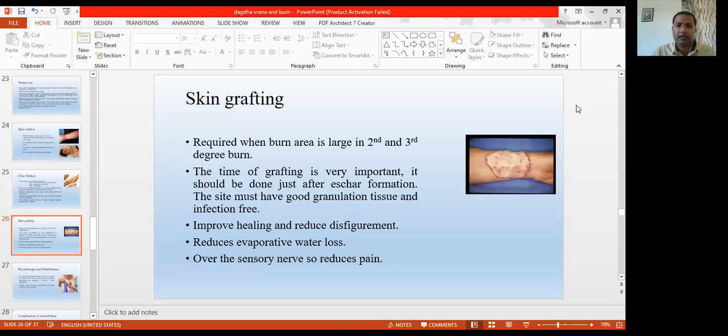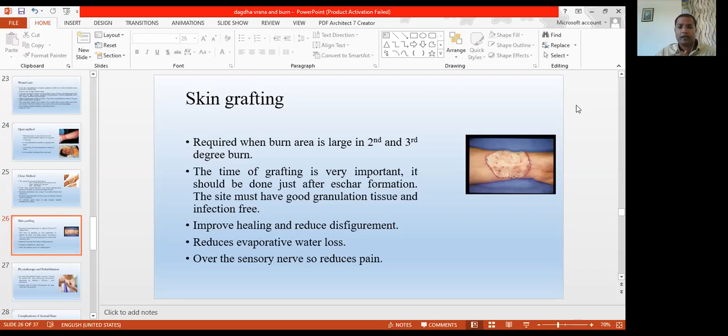and that graft will be well accepted. The purpose of the grafting will be fulfilled only if the graft is fully accepted. If you graft a wound which is infected, or where there are inflammatory conditions, rejection is very common, so the purpose of the grafting will not be fulfilled.